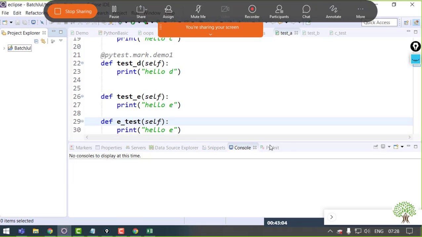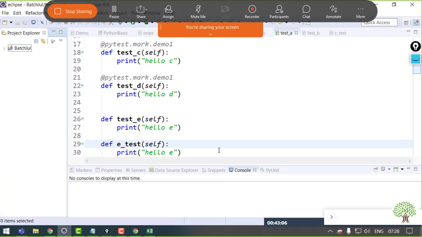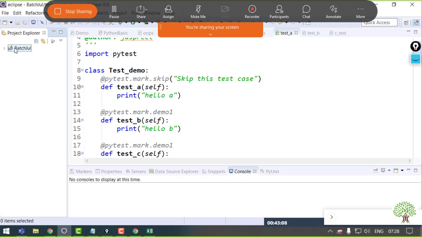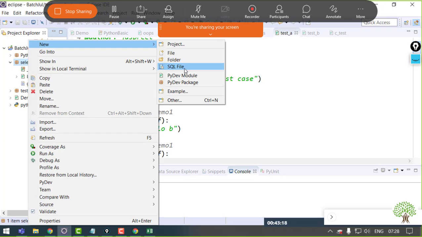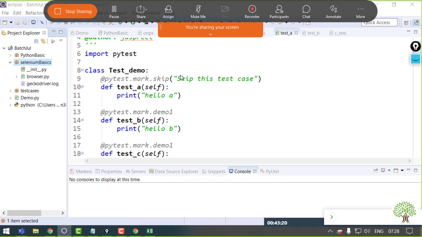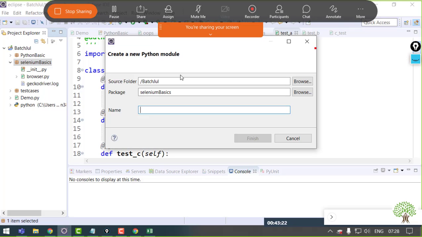Over here in my Eclipse, I already have some classes made. In the Selenium Basics, I'll create one more Python module and name it object identification.